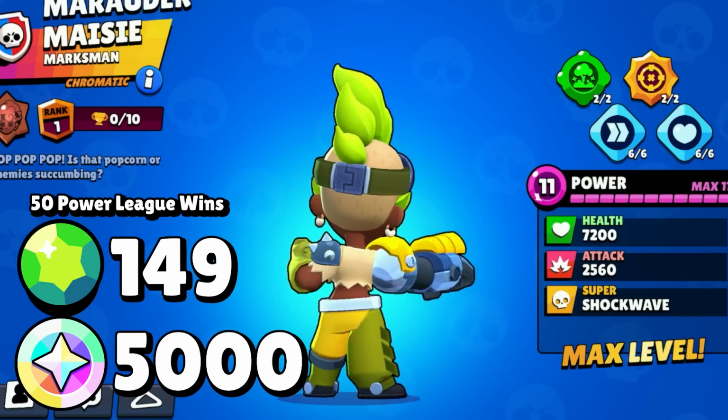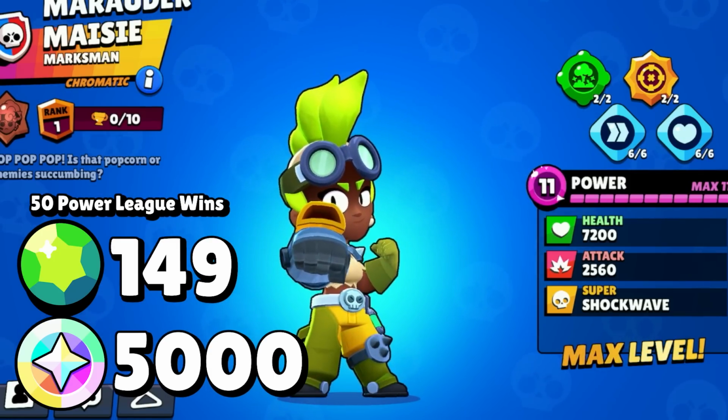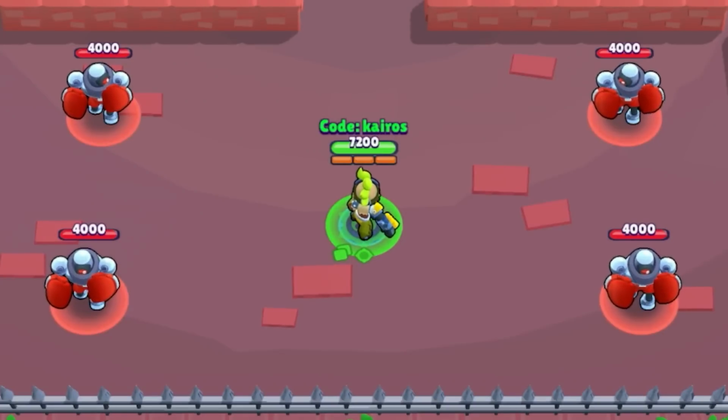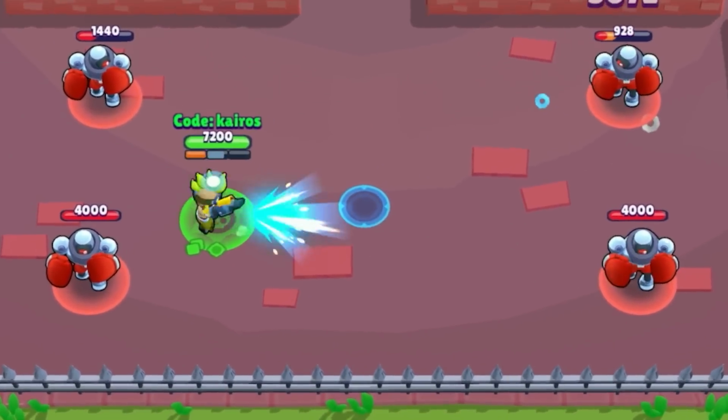Marauder Maisie is an epic skin and is this season's Power League skin. So you need to win 50 matches and then buy her for 149 gems or 5,000 bling, or wait a year so that you can just buy her then. You know, I'm not typically a fan of post-apocalyptic cosmetics or skins in like any game really, but this one